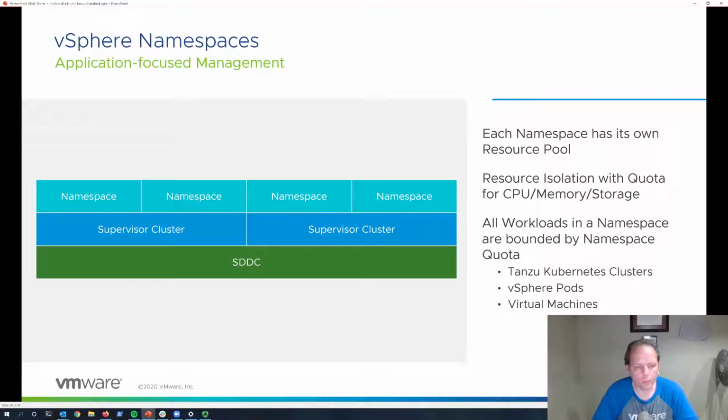One important topic as we get into how this all works is the topic of vSphere namespaces. If you're familiar with Kubernetes, Kubernetes provides this construct of a namespace that allows for resource isolation, right? And so it can use things to provide quotas for how much capacity a pod can utilize on the host, and it provides a security boundary mostly